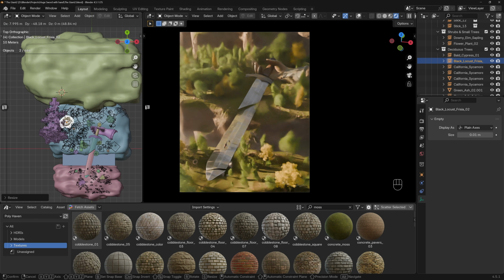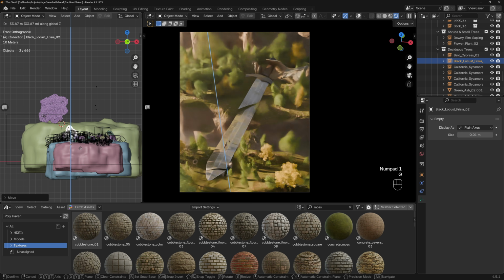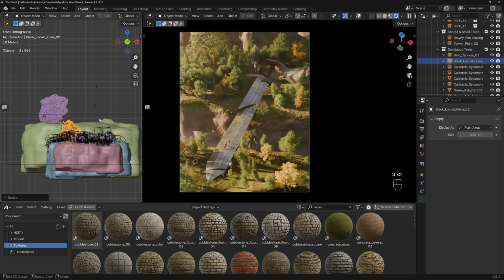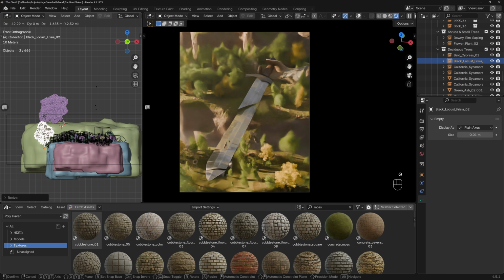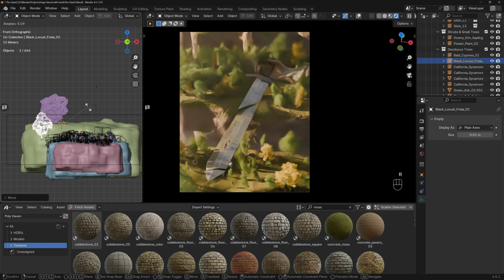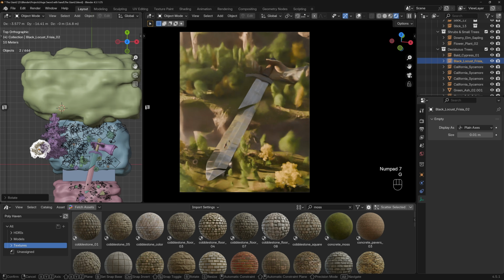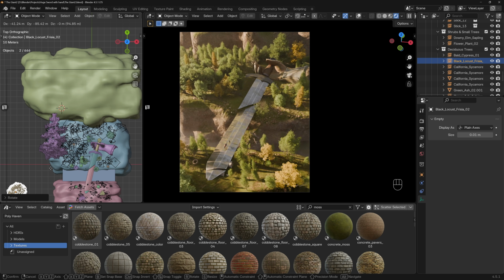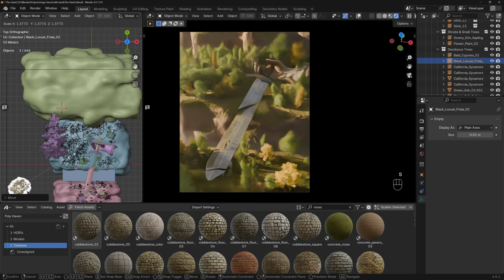Also, let's put it in the scene. Let's put it here and make a tree big. Like, wow, we have a huge tree in the forest. No, I'm joking. So maybe like this. Let's see how this shadow will fall somewhere here. Maybe make it bigger and